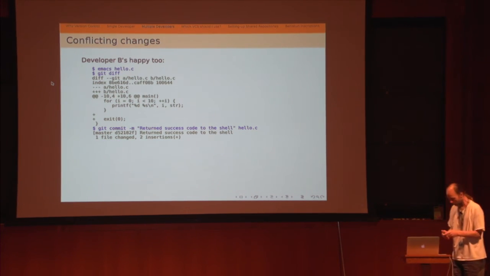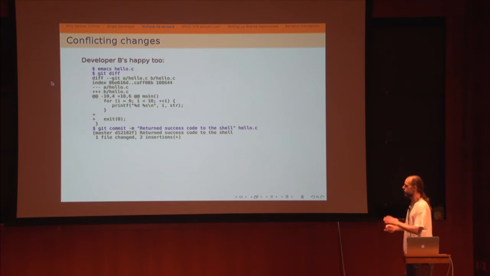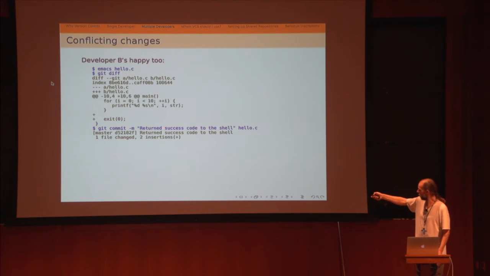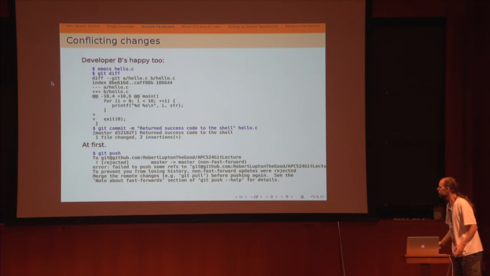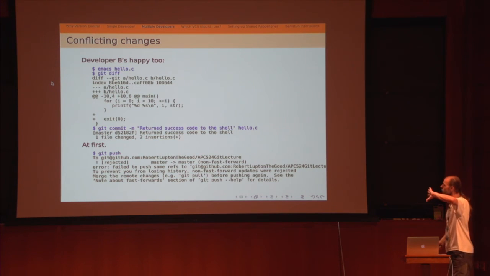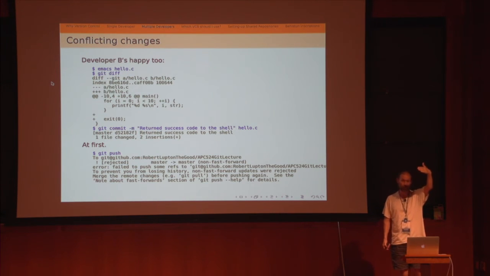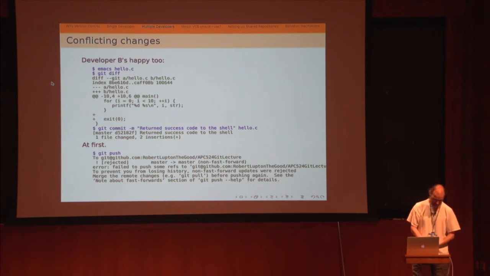But developer B is also happy. They found the same issue, but they spelt return 0 as exit 0. It does exactly the same thing. They committed it, and now we try to push it. Okay. It says rejected. Same thing. It's realized that there are changes out there in the cloud in hello.c that we haven't seen yet. So the solution is to ask for them, make sure everything's fine, and push it, just the way we did when we made some other trivial change, which I now forget.